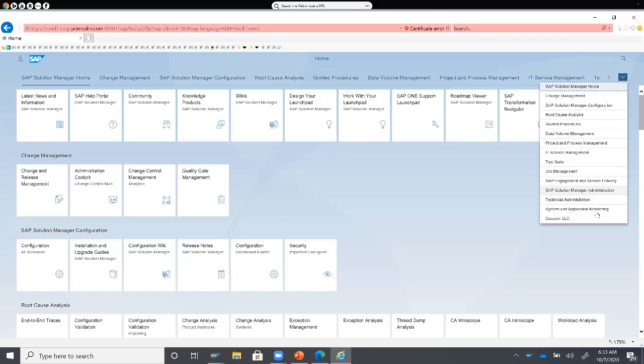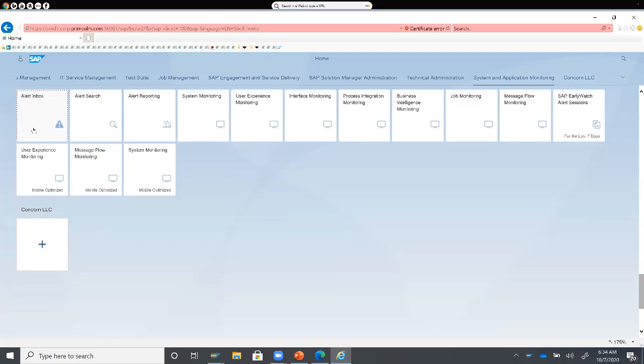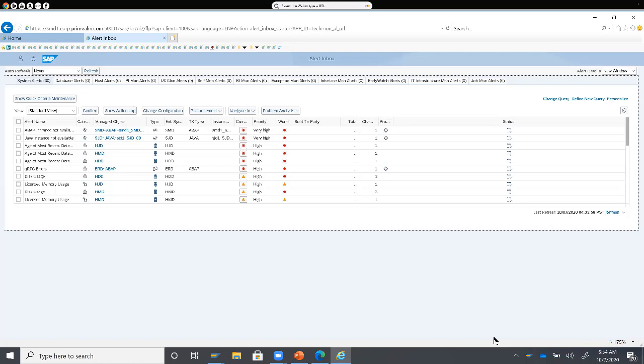If you go to the system and application monitoring, there's one tile called alerting box. Pretty much any alert from your technical monitor, your job monitoring, process monitoring, will then be arriving at the alerting box. So as a technical team, as a basis person, you have two options with this new adapter. You can say, hey, every time an alert is generated based on my thresholds and metrics of my technical monitoring, I want this alert to go into ServiceNow as an incident, which is the body that comes with the product. You can enable the body for automatic creation of incidents,